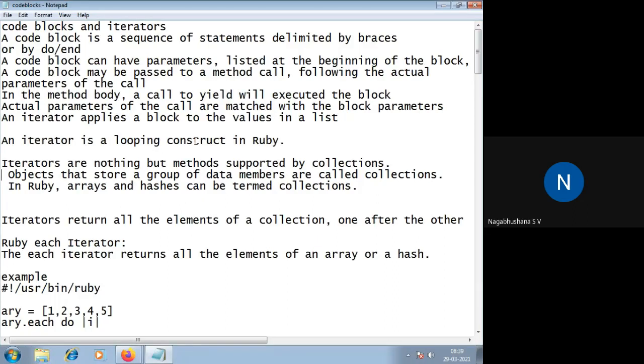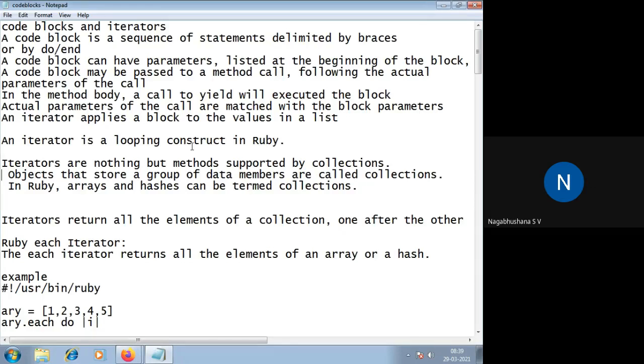Every object in a hash contains a key and value pair. Arrays contain some set of numbers, or characters, or alphanumeric characters, etc. These objects are collectively called collections.